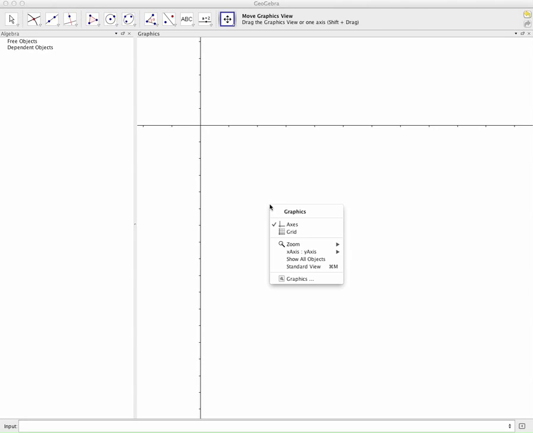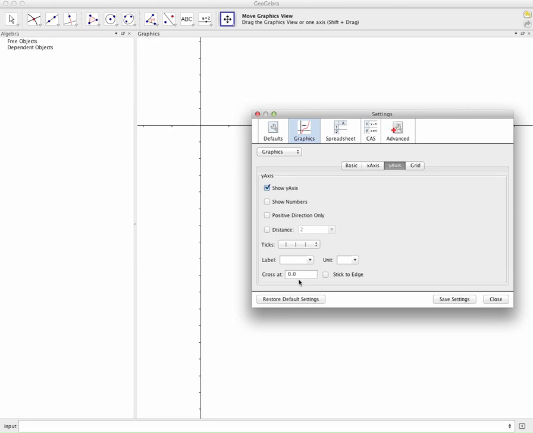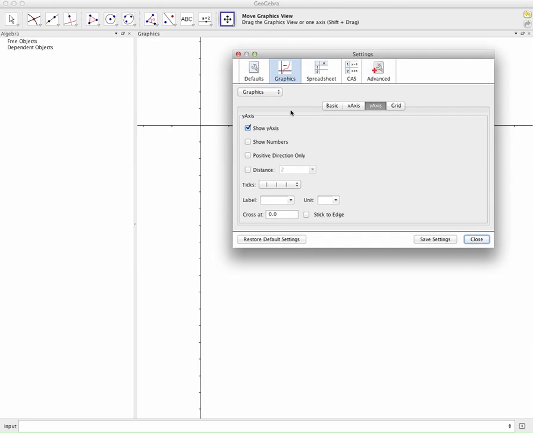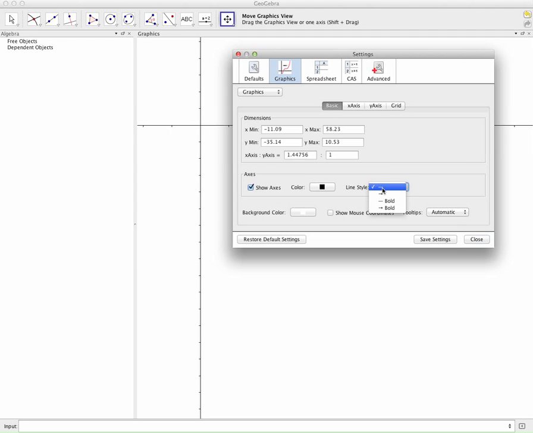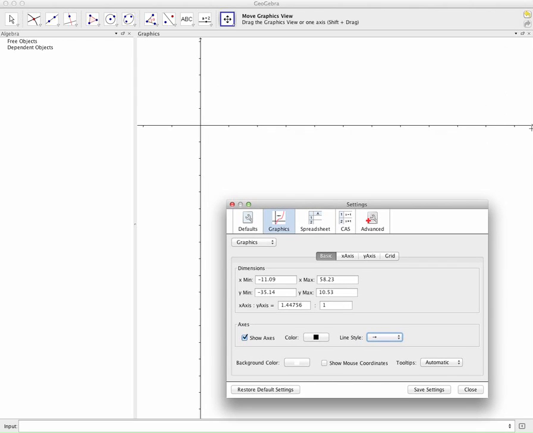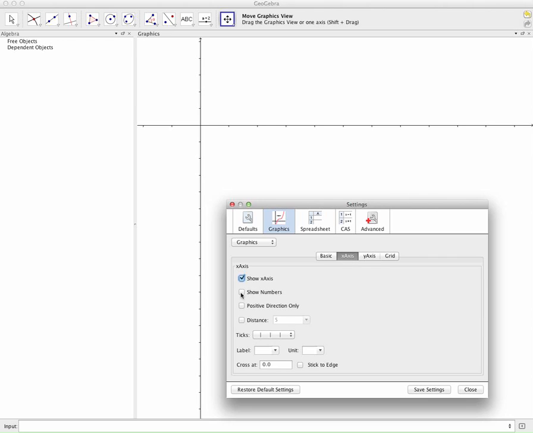Right-clicking anywhere on the screen, you see the bottom box there is Graphics, and that will bring up a settings box which shows the axes. Clicking on the Basics tab, first of all, I like an arrow on the end of each of our axes, and you can see on the end of the x-axis and the y-axis there's now an arrow. Also with the x-axis, I'd like to show some numbers as well, and also we're not going to go in a negative direction, so I'll take away the negative side of the axis, and I'll do the same for the